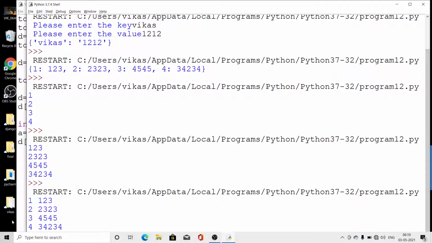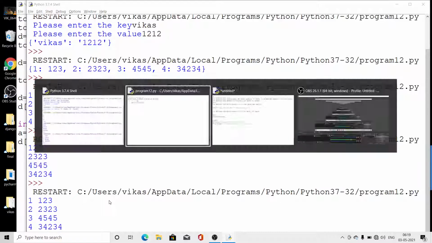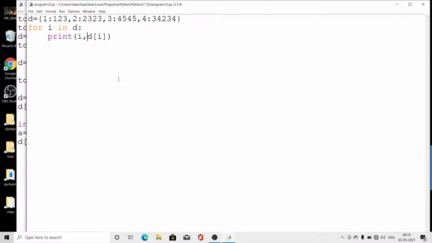So look here, we are getting the values separately and the keys also separately. This is the way by which we are traversing the dictionary. If we want to access only the keys, we write for I in D, it will give only the keys. If you want to access their values, we have to write D of I.